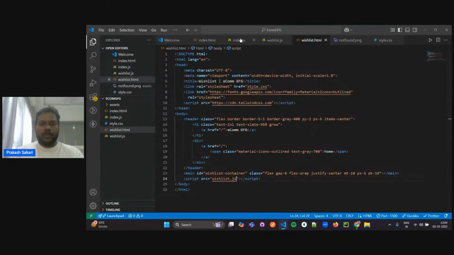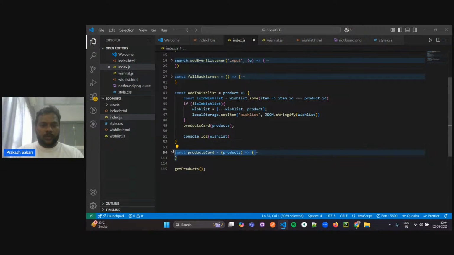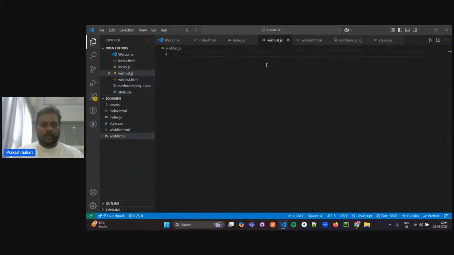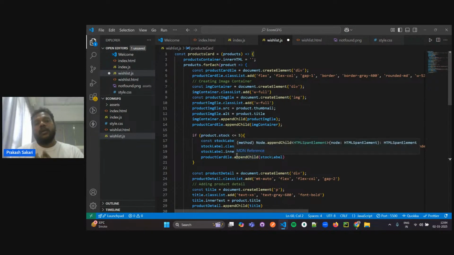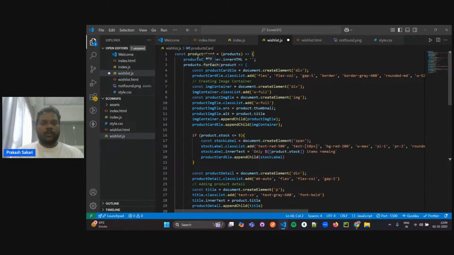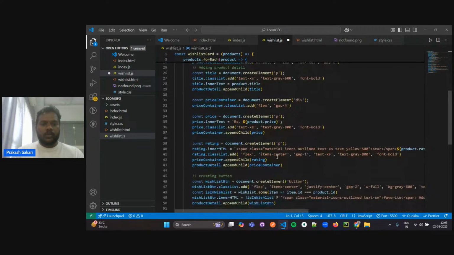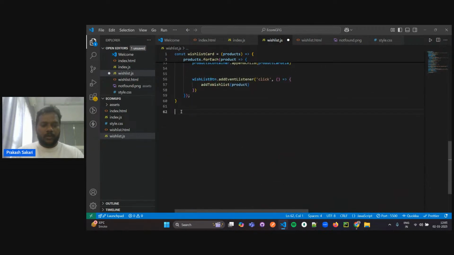But in this wishlist.js, I'm going to copy this entire products card and put it over here in the wishlist.js. And instead of this products card, let me make this wishlist card. This product is nothing but their entire array. So how do I call it? I'll just do const